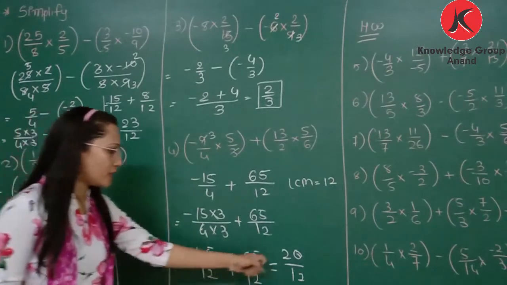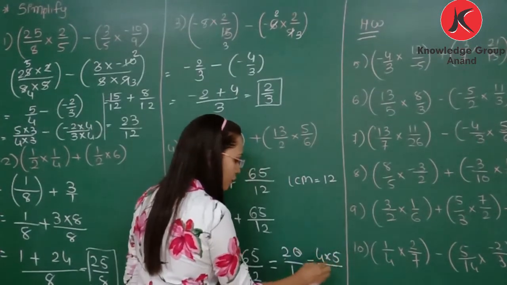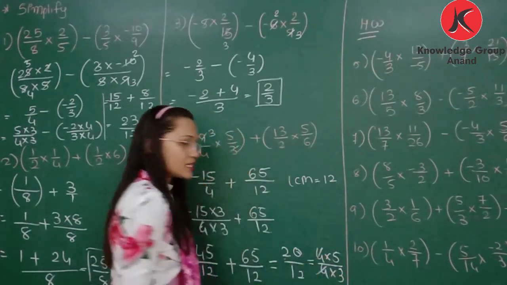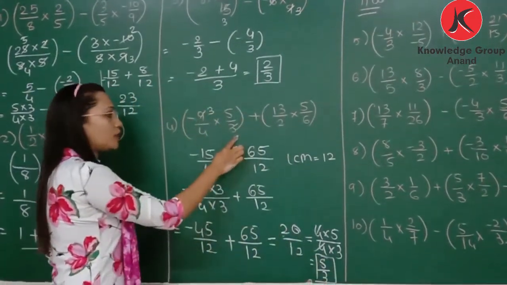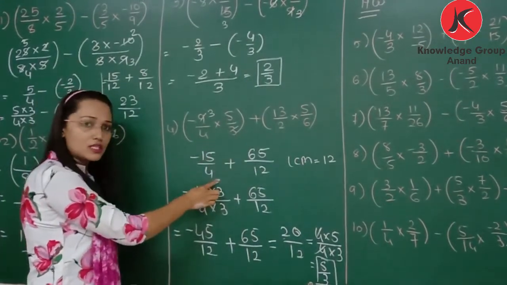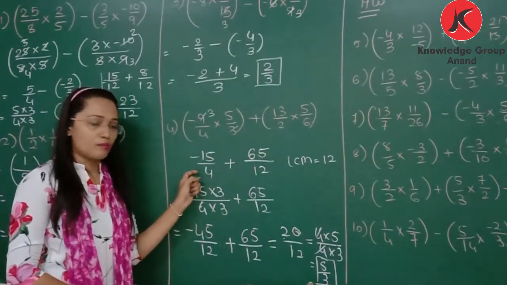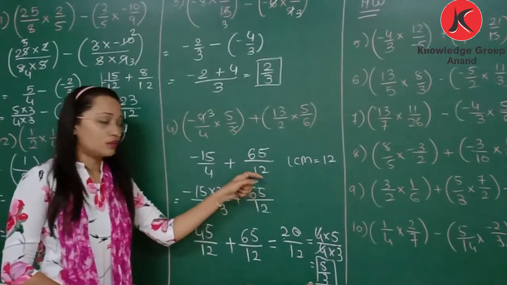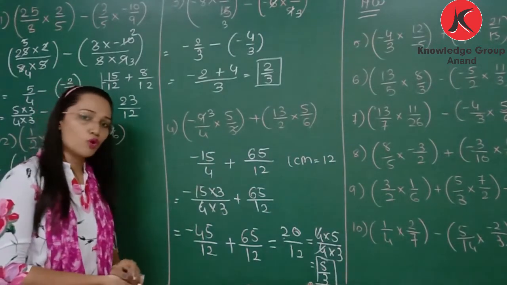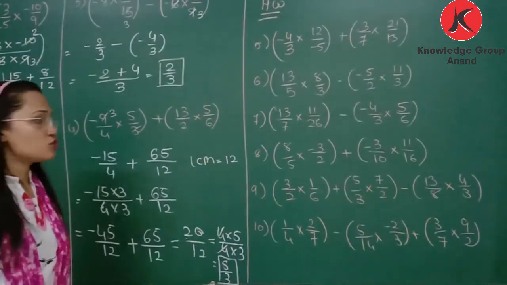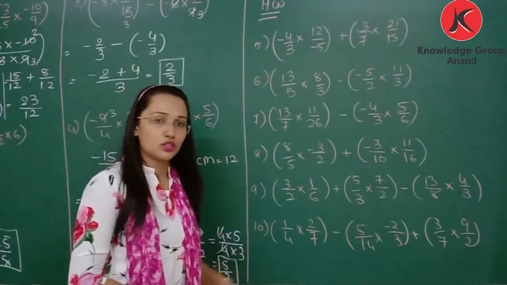Now if there is a common factor between 20 and 12, then you can cancel out. So factor of 20 is 4 5s are and factor of 12 is 4 3s are. So we can cancel out common factor 4. So answer will be 5 by 3. Otherwise if you leave 4 3s are 12 as it is, then it is also correct. So if you leave 4 3s are 12 here, then you don't need to take LCM because 12 and 12 denominator is same. This way you can also solve the example. Otherwise you can cancel out the common factor and then take LCM. Both will give same answer. So here some example are given for a simplify, perform the multiplication and then perform the addition or subtraction.